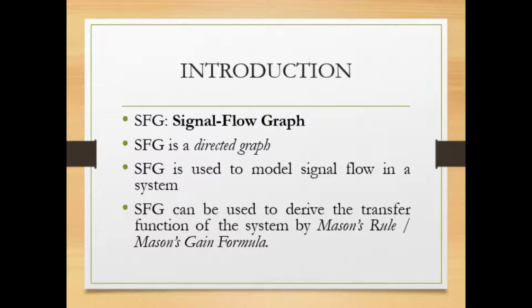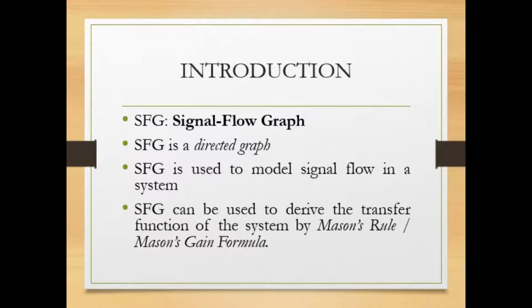So we have two approaches, one is block diagram approach and the other one is signal flow graph. Out of these two, signal flow graph is easier because we have a formula which is called Mason's gain formula, using which we can determine the overall gain of the system very easily as compared to the block diagram approach. This signal flow graph indicates the flow of signals from one point of the system to another, and it gives the relationship among the signals which are present.